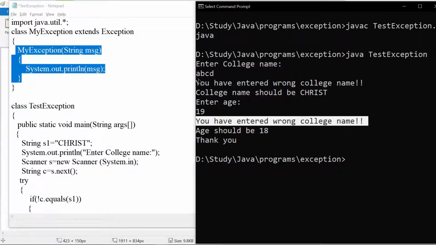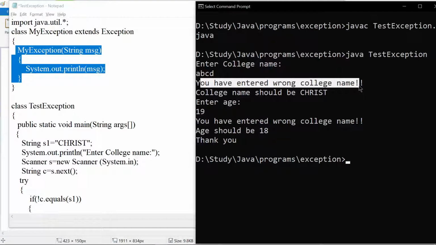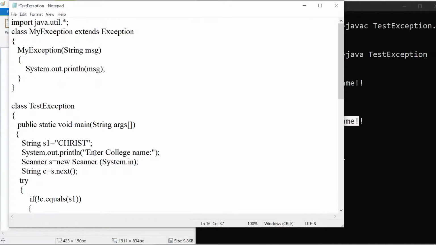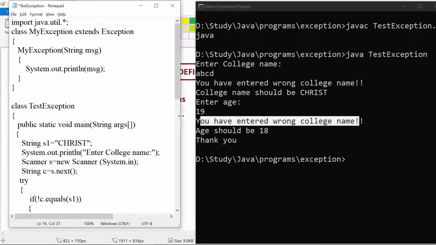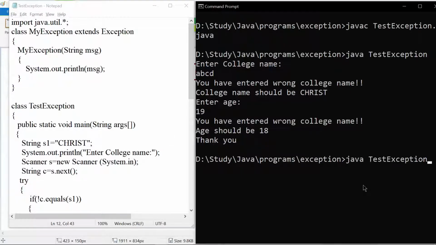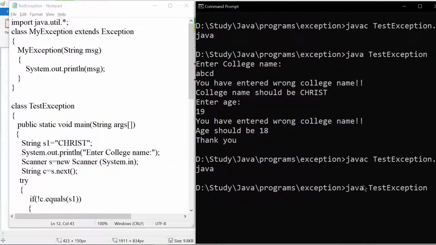See, in case of college name you got wrong college name, and in case of wrong age you were also getting wrong college name, but we want a customized exception. So let us run this program and see whether we get that sort of output or not.